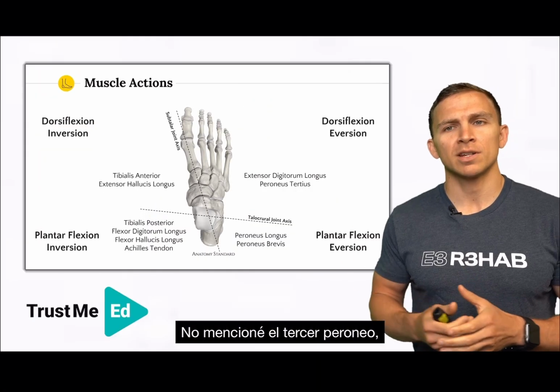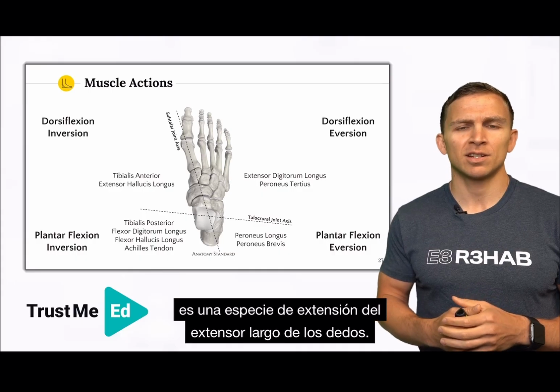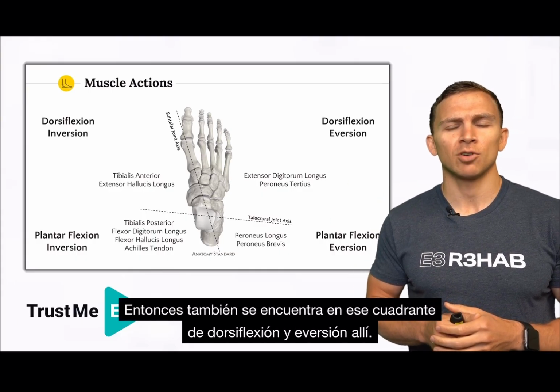I didn't mention the peroneus tertius. It's kind of an extension off of the extensor digitorum longus, so it also sits in that dorsiflexion and eversion